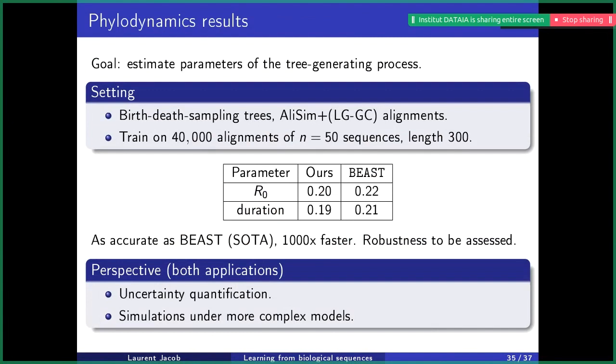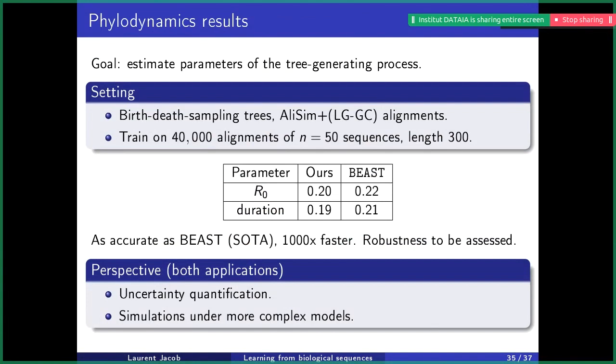In this case, the state-of-the-art method is a Bayesian inference method called BEAST. And we get about the same performance for predicting the parameters of the epidemic, so R0 and duration, but it's much faster. So I'd be very careful about this result at first,